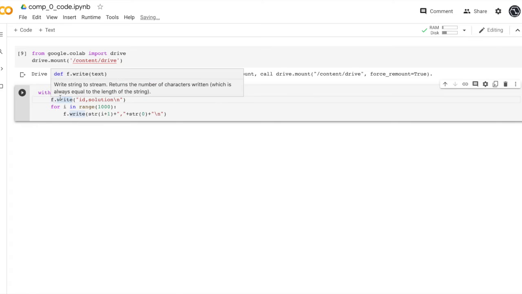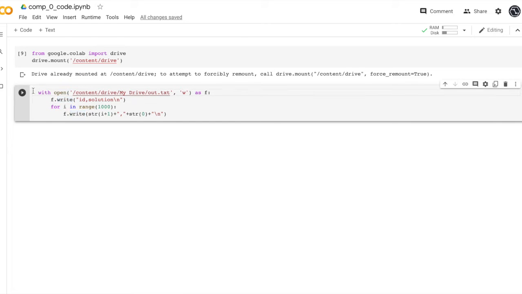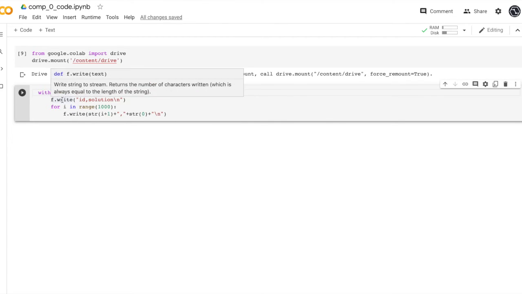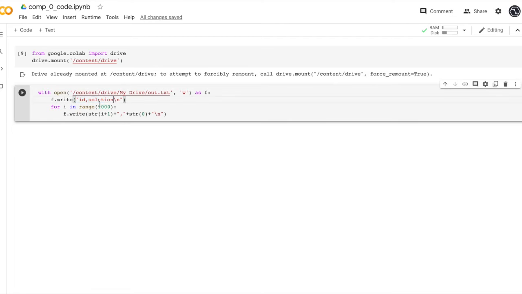And so then the next block of code actually generates the solution file for this week's competition, which is simply a file containing 1000 zeros in the proper format that Kaggle requires. So you have a header here, and then you just write 1000 zeros with the ID on the left hand